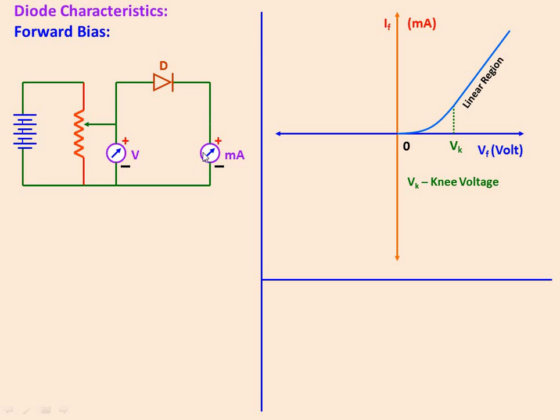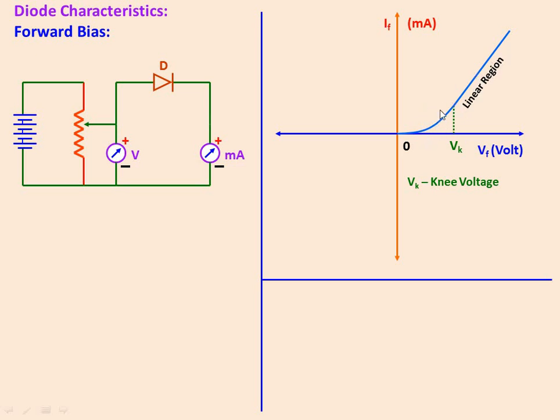And coming to the practicality, the barrier potential, which we can call VB mostly, or knee voltage or barrier voltage, whatever it may be, the pseudo battery voltage we are speaking of, both these values will be almost the same practically. Once we cross that, you can notice there is no rise of the current until then, but once we cross it, look here, there is a shoot up of the current. So as the forward voltage applied increases, beyond the threshold voltage or the knee voltage, the forward current rises exponentially. Did you notice it there?